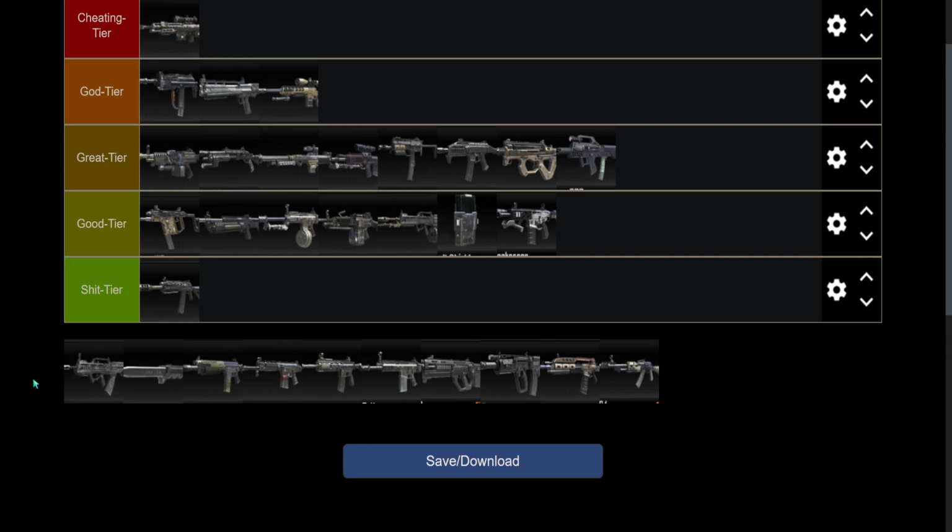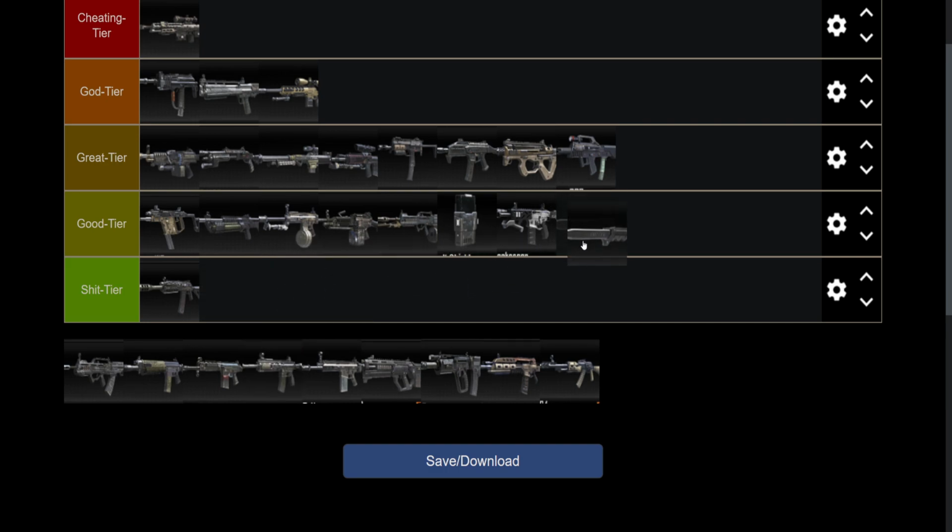So that's at least my opinion on that. Now I'm actually going to rate the ballistic knife if possible. I guess I just take it from here. But yeah, the ballistic knife. Depending on who you are and how you use it, you can put it on cheating tier, or you can put it on good tier. Now I'm going to put it on good tier,